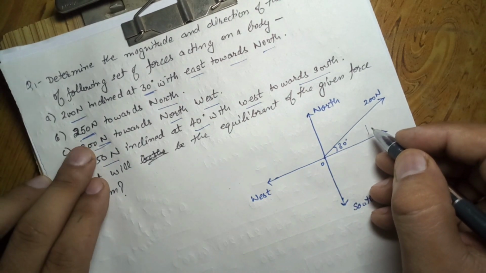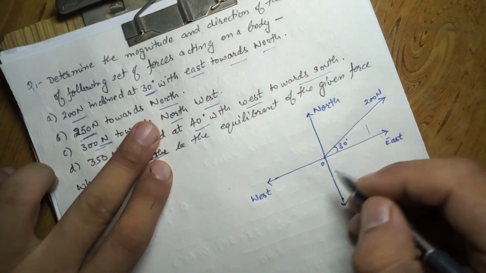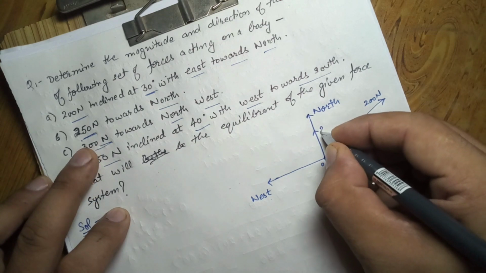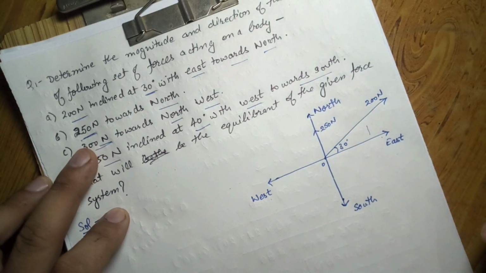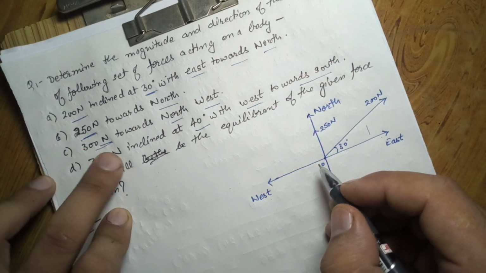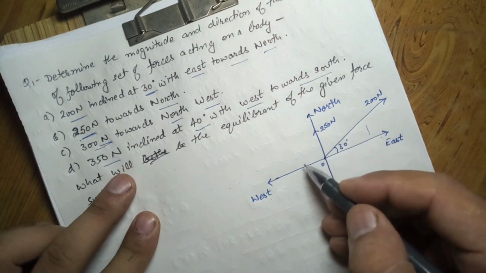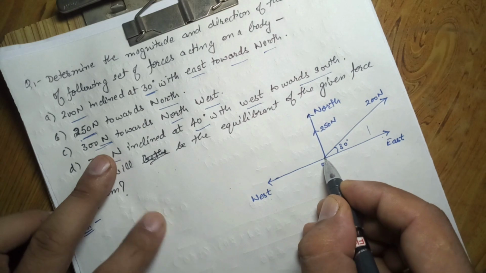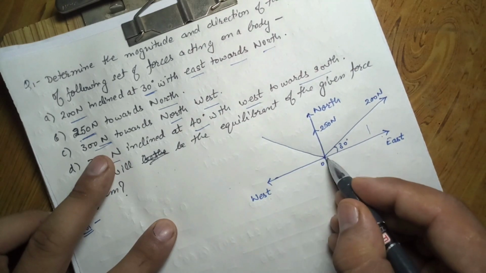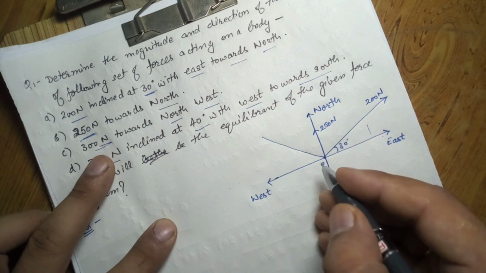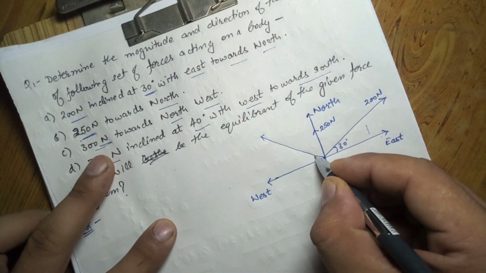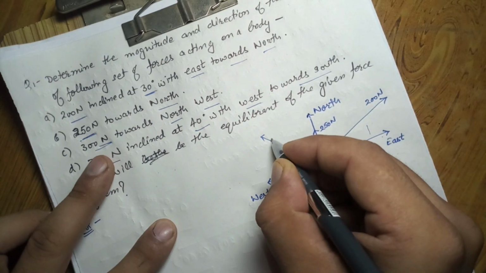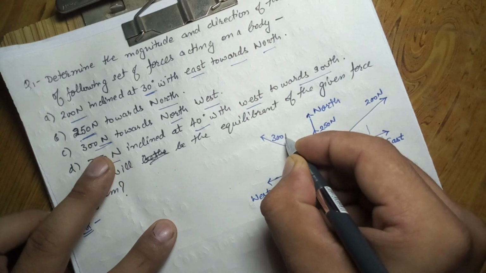Now the second is 250 Newton towards north. Directly given towards north means, in this direction it is directly given 250 Newton, right? Now the third is 300 Newton towards northwest, means in between northwest it is given 300 Newton. So towards northwest means we always take the mid of these. These two directions are perpendicular to each other, so the angle is 45. You can take it with this or this, both are the same. So this is 45 degree and the magnitude is 300 Newton.